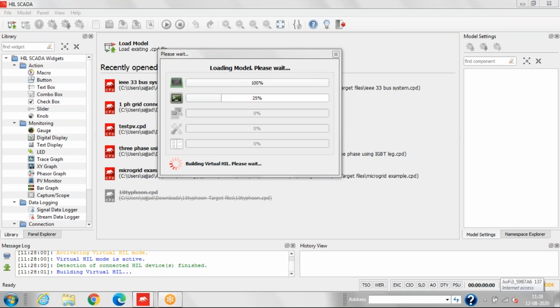It will take time because we are running in offline mode. If you are connected to any hardware device, then it will automatically connect to that hardware device.